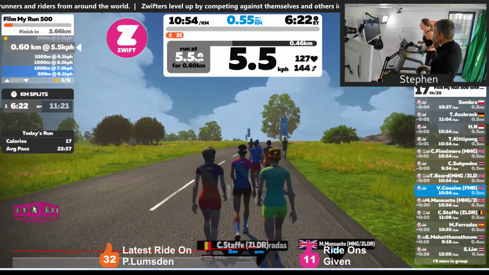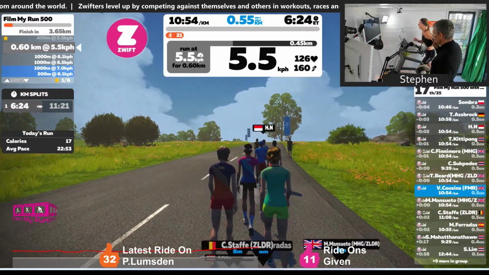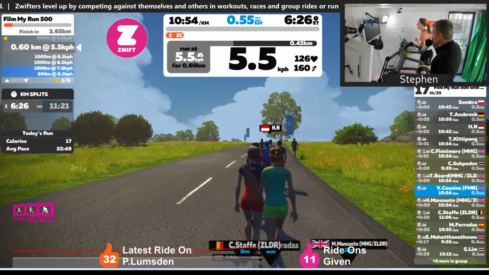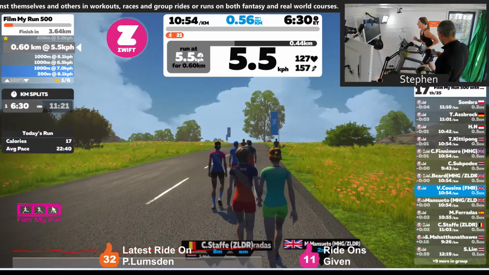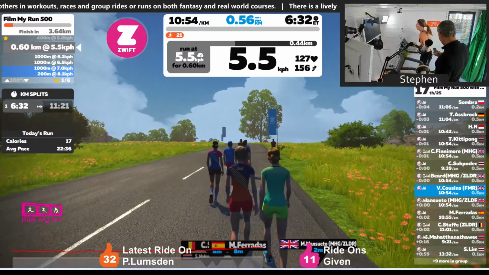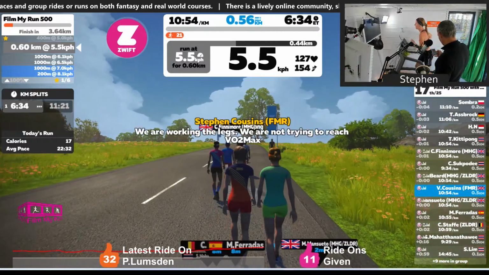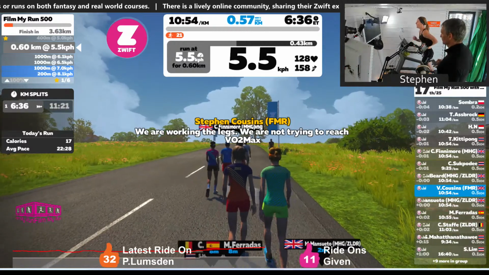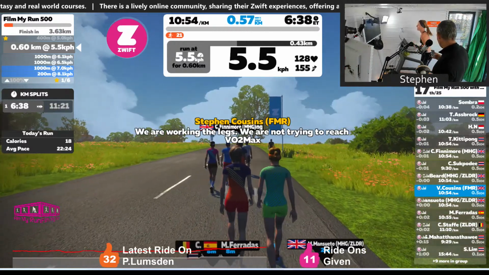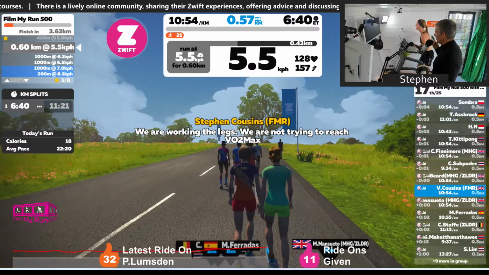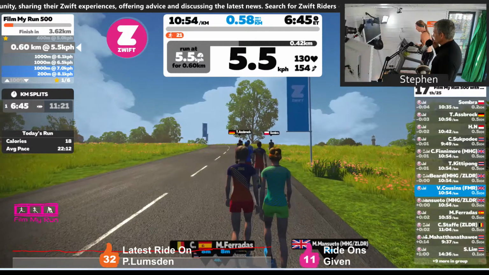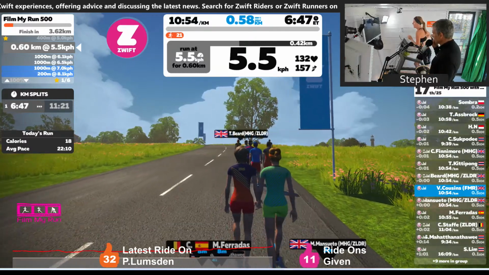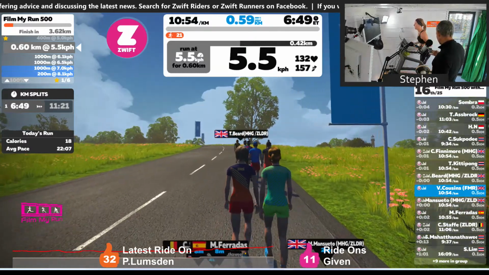We are not trying to reach VO2 max. You should be able to finish this run and then be able to run again this evening or tomorrow morning.